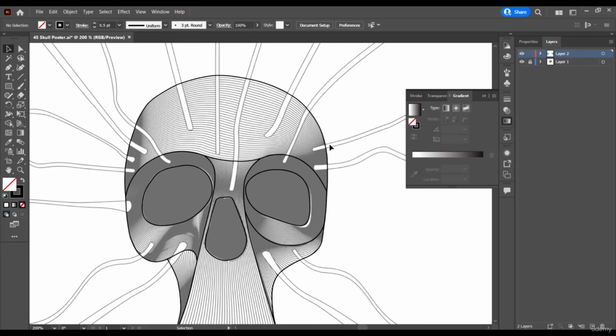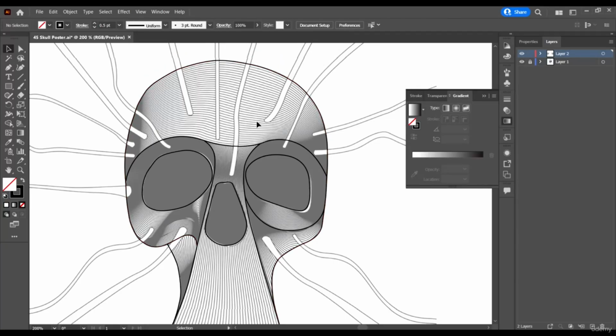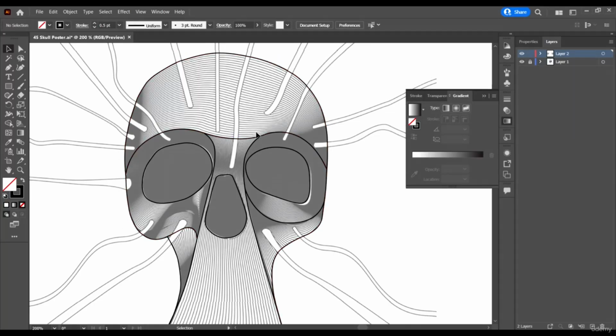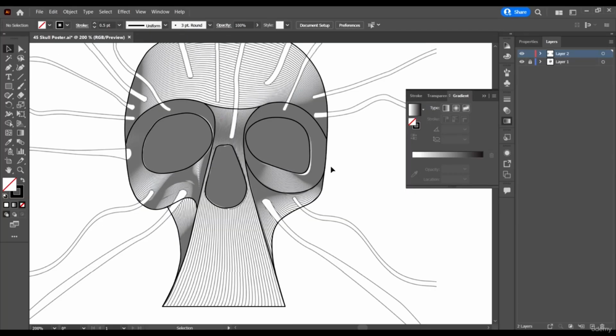Now the first thing I have to do is understand the blending I'm going to do. I'm going to blend this with this, I'm going to blend this with this, I'm going to blend this with this with this, and so on and so forth. And you're going to see how we're going to do all this in a minute.